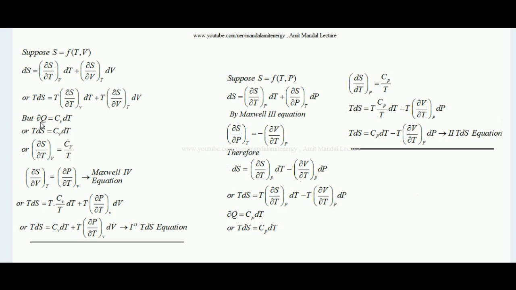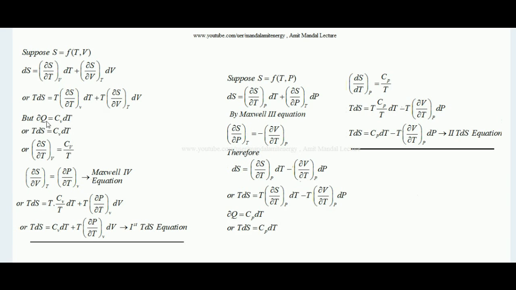Now we know that gases have two specific heats. One is specific heat at constant volume Cv and one is specific heat at constant pressure Cp. So let's talk about the specific heat at constant volume. Specific heat at constant volume Cv is the amount of heat given to a unit mass of gas to raise the temperature of the gas by 1 degree centigrade at constant volume. Means the equation would be del Q equals Cv dT. This is the heat given to the gas at constant volume per unit mass.